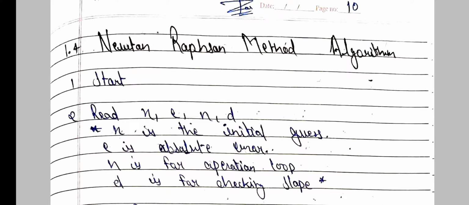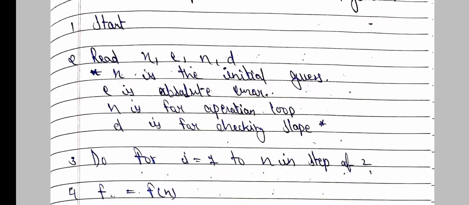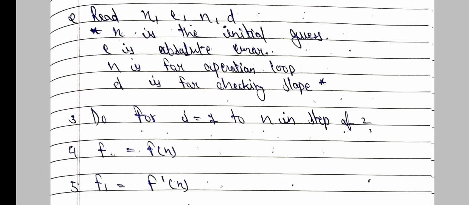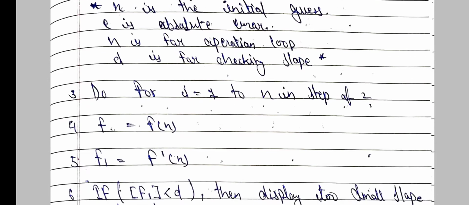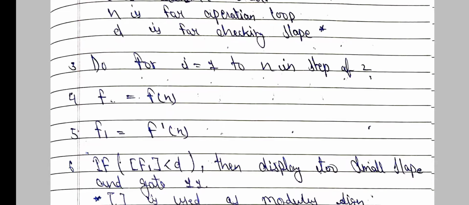Now we will have to discuss the Newton-Raphson method's algorithm. It will start with start, and we have to read the function f of x, x1, e, n, and d. x1 is the initial guess, e is the absolute error, n is the operational loop, and d is for checking slope. Now we have to apply a for loop with I is equal to 1 to n in the second step, and in the fourth step f is equal to f of x, and in the fifth step f1 is equal to f dash,